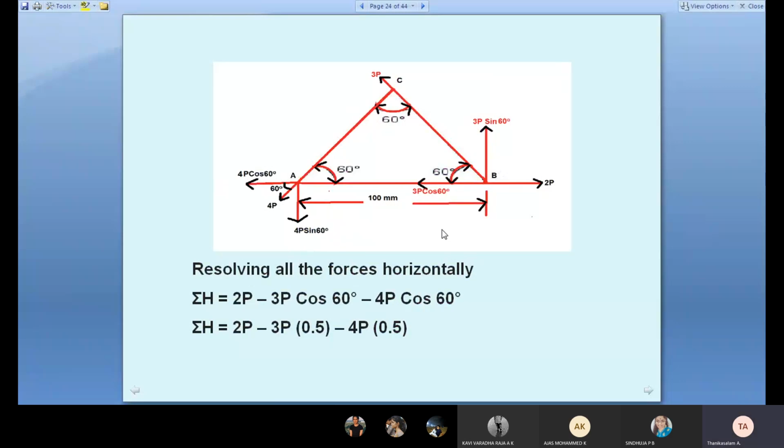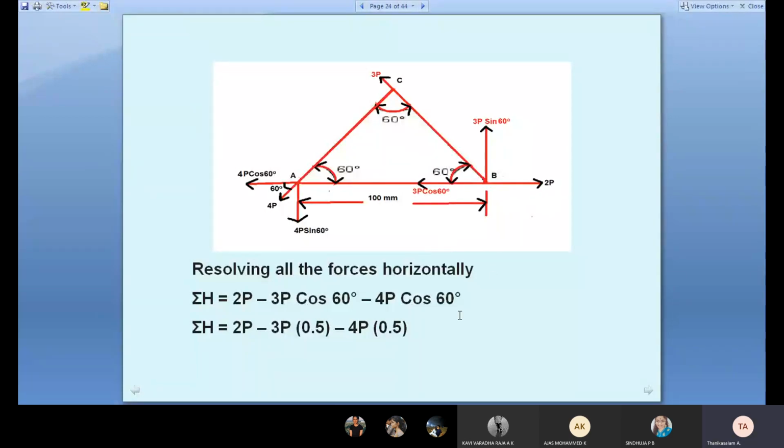So that is why this subject is interesting, if you know the mathematics and the concept. 2P is horizontal, so no need to convert to XY, it is already horizontal. But the 3P is inclined with respect to the x-axis, 60 degrees given. So you resolve 3P cos 60. It goes to the second quadrant, that's why x minus, y plus. Similarly, the 4P goes to the third quadrant. The angle is also given. Therefore the 60 degrees is with the x-axis. So 4P cos 60 minus x, 4P sin 60 minus y.